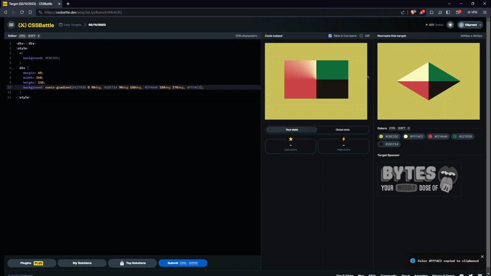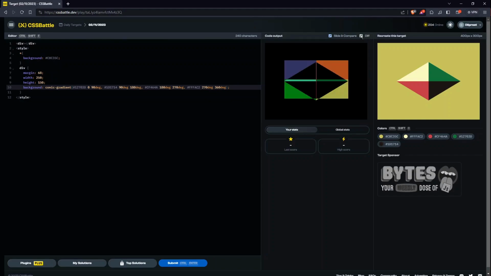Paste. Now it would be 270 and 360 degree. Okay, so let me check once with the difference that, okay, it is a little bit off,